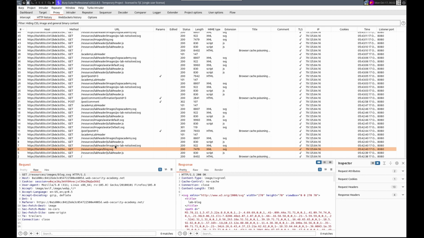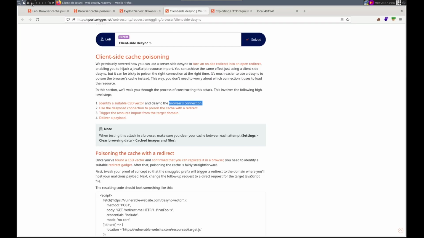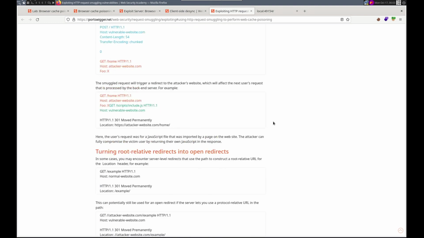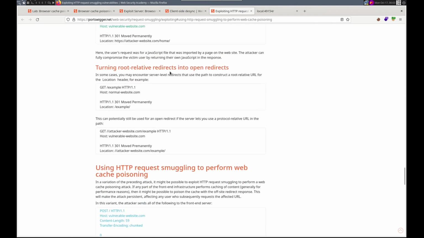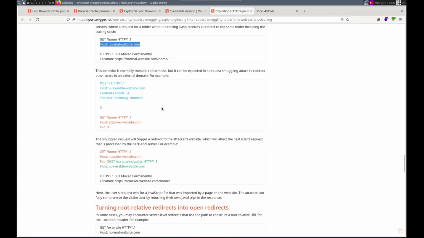So I don't think it's in the lab header. It's got to be one of these. Let's look at the instructions, or this stuff for the open redirect right here. So, on-site redirect into an open redirect. See, we have to be able to give it the host and not get